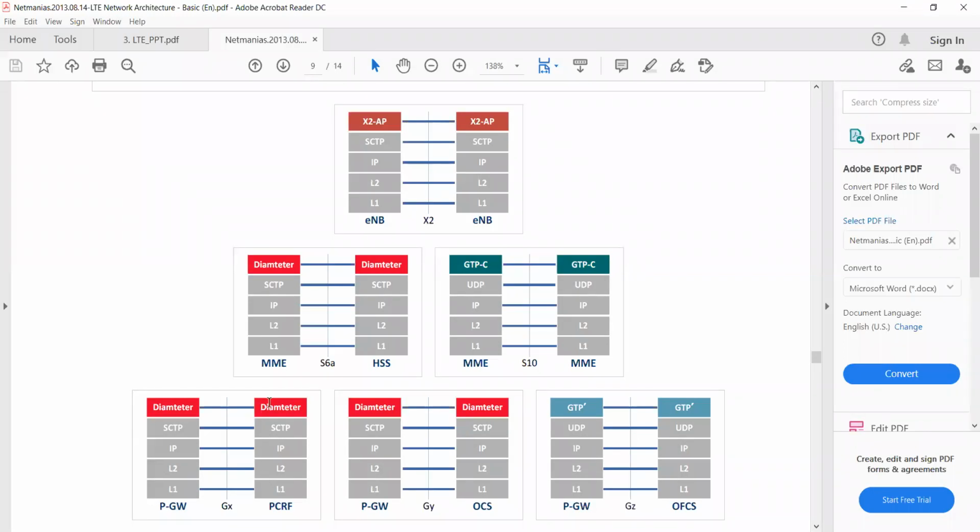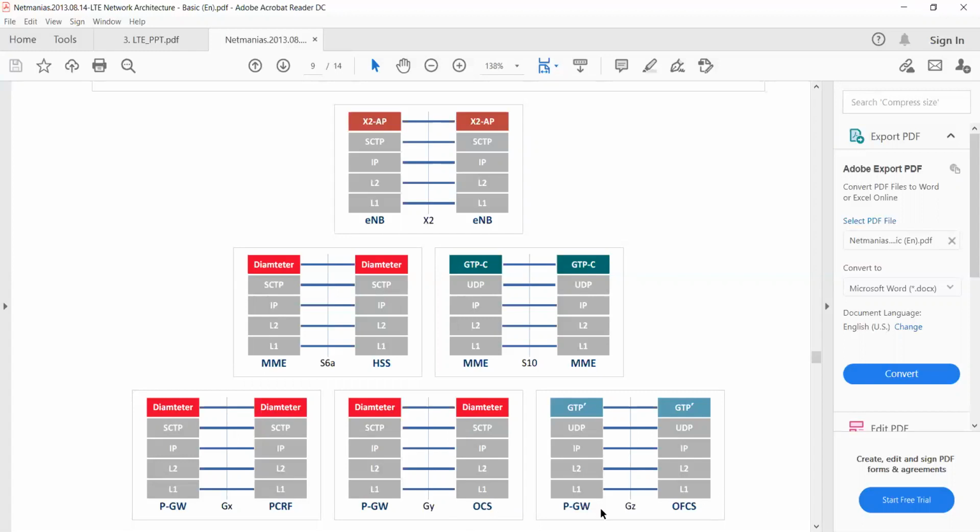When you do browsing, downloading, uploading, or when you make a call, it will continuously monitor how much data you are using and how long you are making a call. So it will interact with OCS, online charging system. P gateway will interact with the online charging system. So they cannot give you more than the purchased data or more than the purchased minutes for calling. Nobody is offering you for free. So they will keep on monitoring via this OCS.